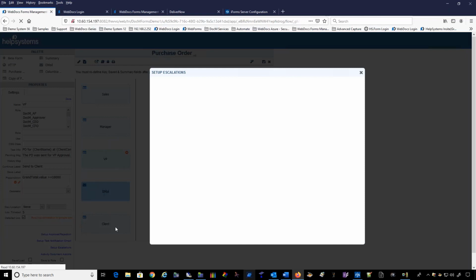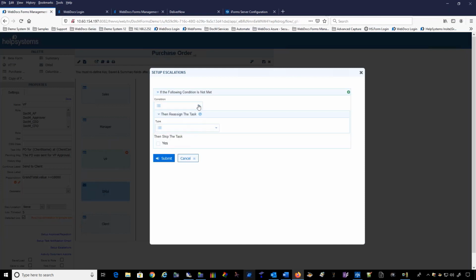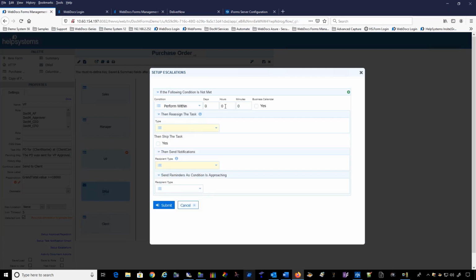So an escalation process would be if a certain condition is met, right? So if it's not performed maybe within a certain amount of time, or a certain day or something like that, it needs to get completed, we can then re-notify someone or even reassign a task and send notifications to them. So we can actually put a condition on an approaching deadline. So if they know they have like 2 days to approve it, we might after 1 day set a condition